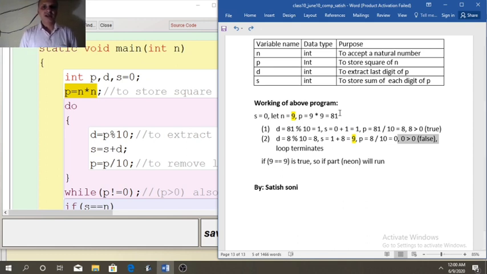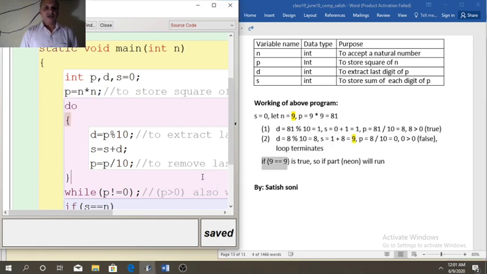First time it will extract the last digit, that is 1. Second time it will extract the first digit, that is 8. After adding both digits 1 and 8, we will get 9. Now we have to compare the sum with the original number.